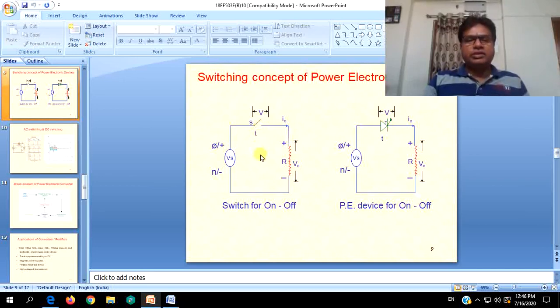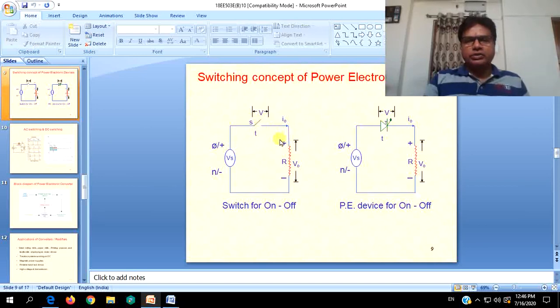For normal domestic applications where current ratings are less, a normal switch can be used. For other applications with higher current ratings, heavy duty switches can be used. We will be considering this as an ideal switch. The ideal switch which we have known, or the basic type, is this one, SPST, single pole single throw, where the supply is connected to its pole and it will be making connection towards the load end or load side.